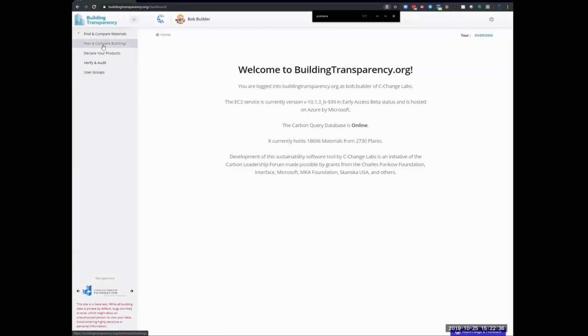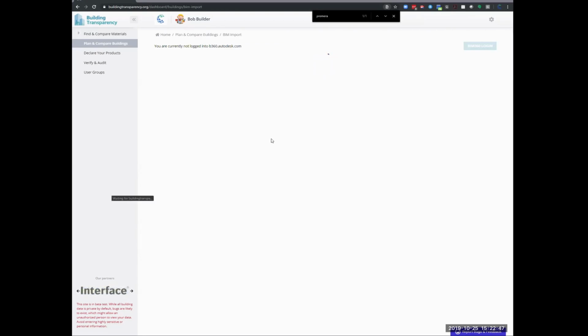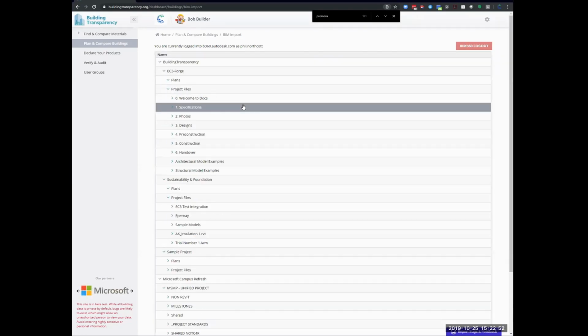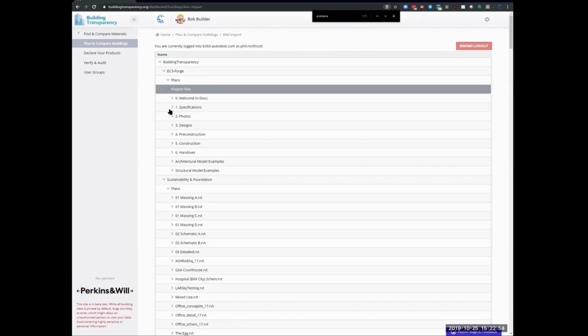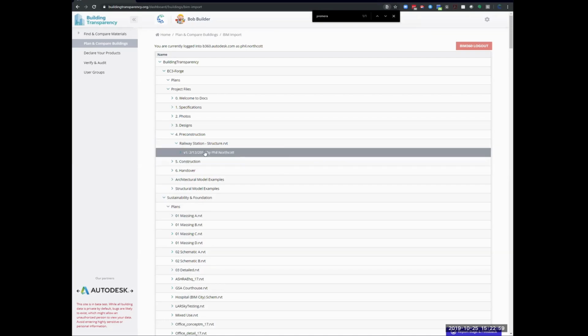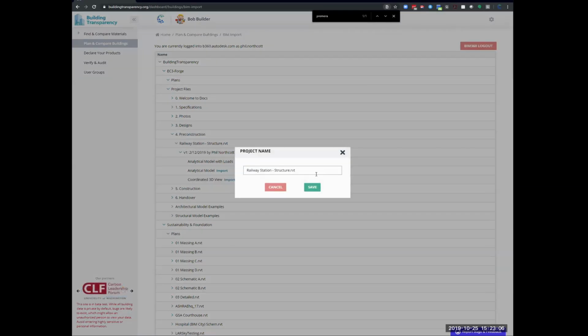Once you've signed in, go to Plan and Compare Buildings and open Import from BIM360. If you're not already logged in, Autodesk will prompt you to log in and allow the application, EC3, to access your Autodesk files. In this case, we're going to go into an example many of you may have seen before, the standard railway station model, and import the coordinated 3D view as